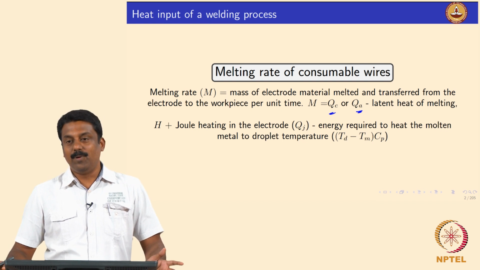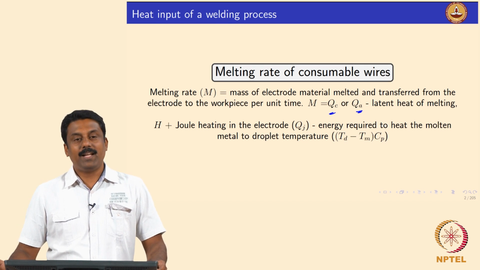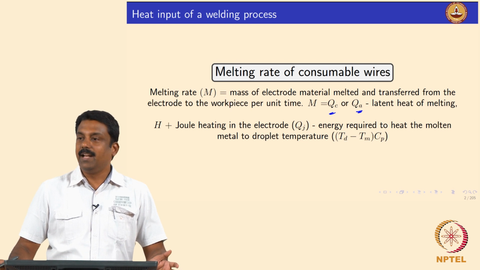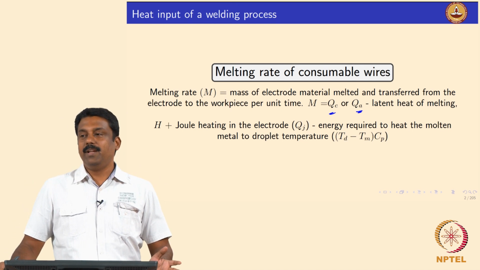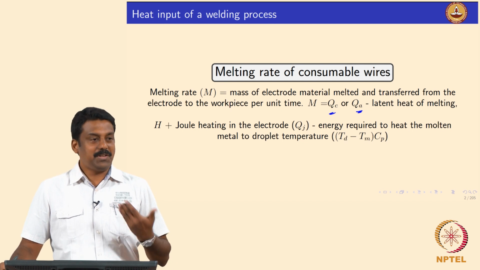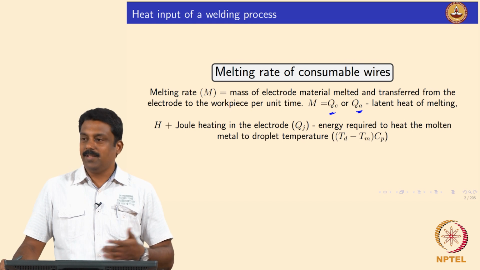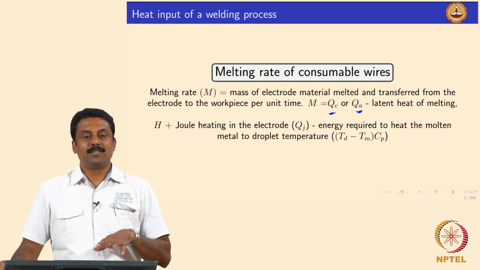So, if you want to melt more volume per unit time, you can make your consumable electrode an anode. That means reverse polarity in DC. That means you can increase the melting rate. So, when you are doing welding and selecting polarity, it is not just a matter of choosing direct current DC electrode positive or electrode negative. We need to take all the physics into account. So, that is a lesson.